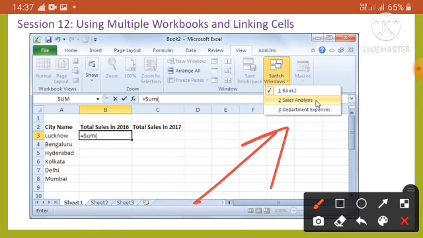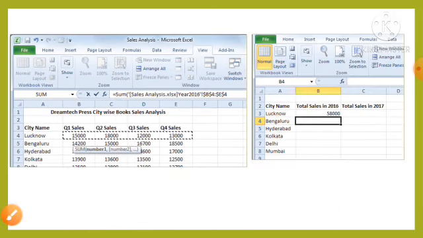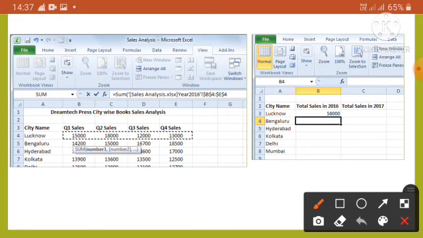So now selecting the data from the multiple workbooks as shown in this figure. Now the calculation done on the worksheet gets displayed in sheet number 1 here.